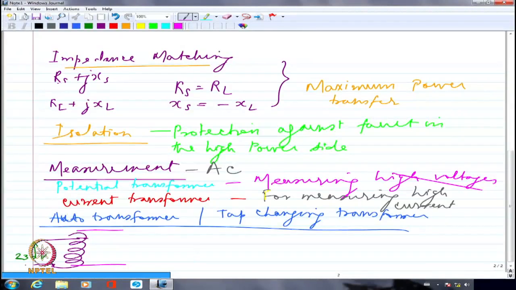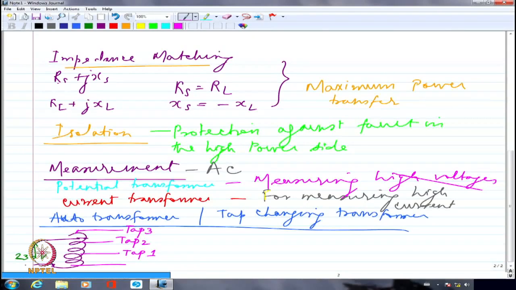So I am calling it as, I have got multiple number of taps. I may tap it from here, I may tap it from here, I may tap it from here. So I can call this as maybe tap 1, this is tap 2, this is tap 3. So I can have multiple number of taps, and I can choose to tap any amount of voltage out of this auto transformer. I should be able to do this as per my requirement. Okay? So this kind of transformer is also known as tap changing transformer, because you may change from one tap